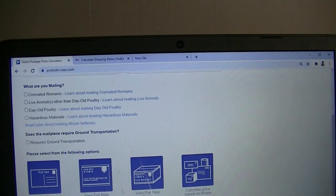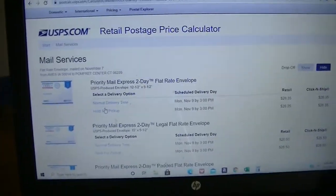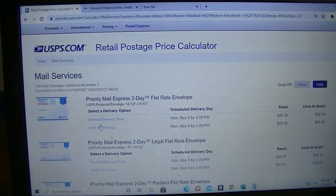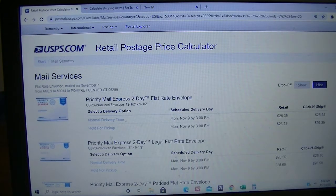And here we can just click on, they have flat rate envelopes, they have flat rate boxes. Let's click on flat rate envelopes here. So when you click on that, it's going to show you all the flat rates they have. If I can click on the writings here, and let's just scroll it down or up, and you can see